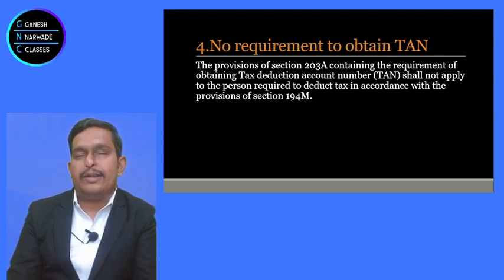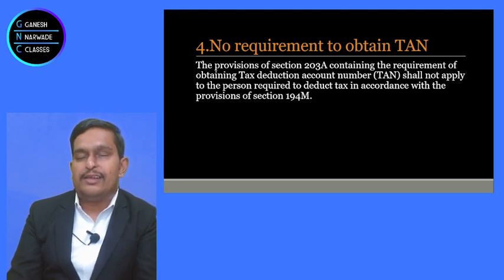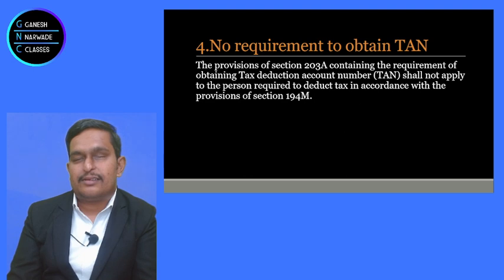So the month of payment is April, correct? So ignore April month. By the 30th of May, right? So once the payment is done, in the next month, within 30 days, you should deposit the money with the government and also get the 26QD form, right? Fill that 26QD form on the website, by submitting the challan on the income tax website. Now, once you do this,